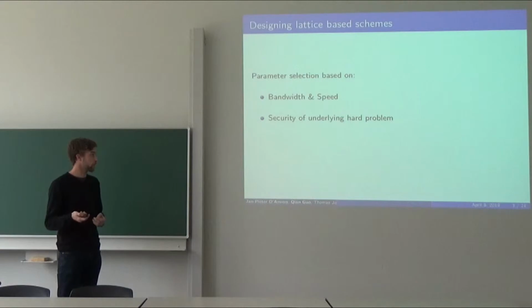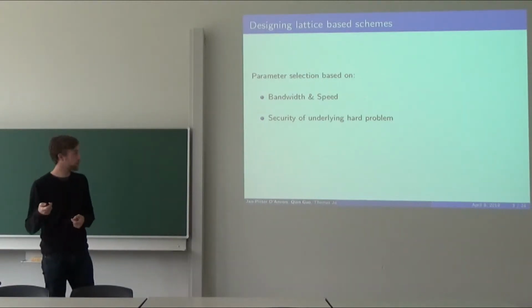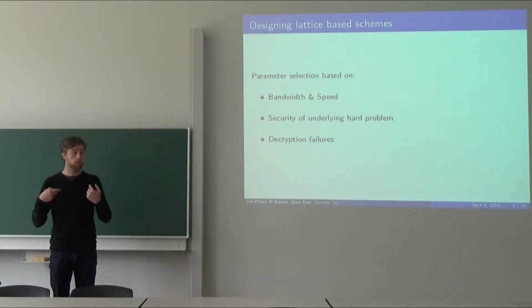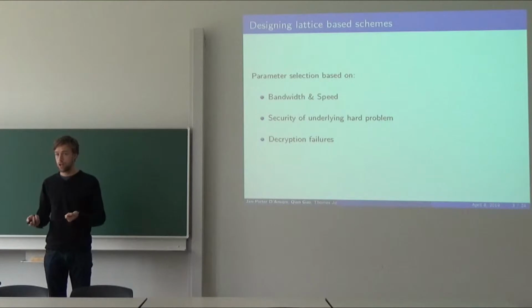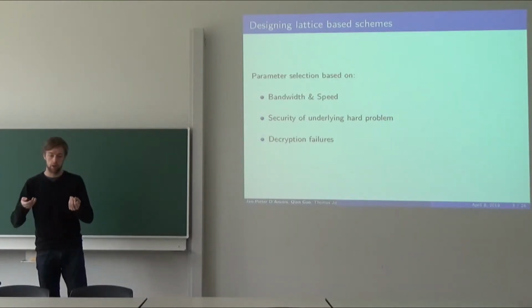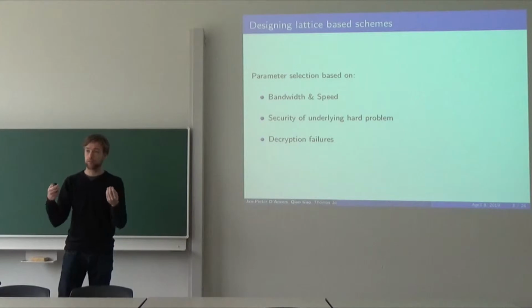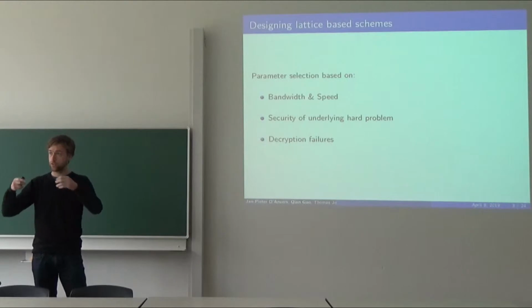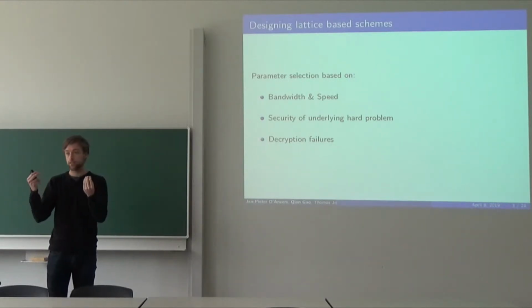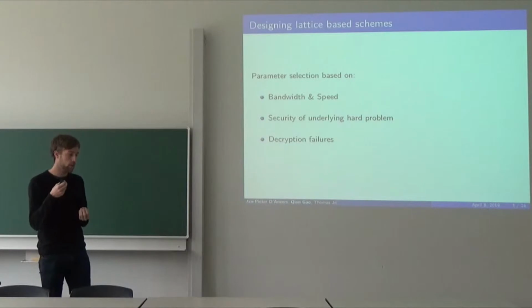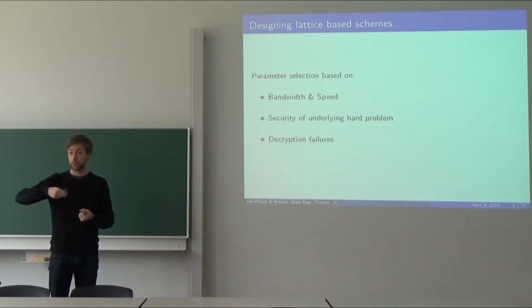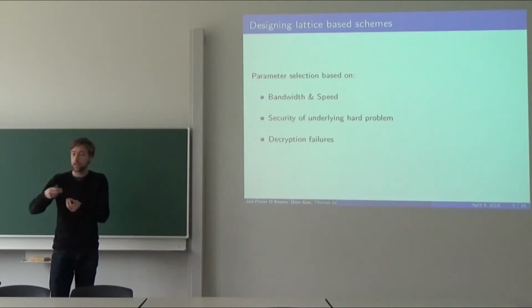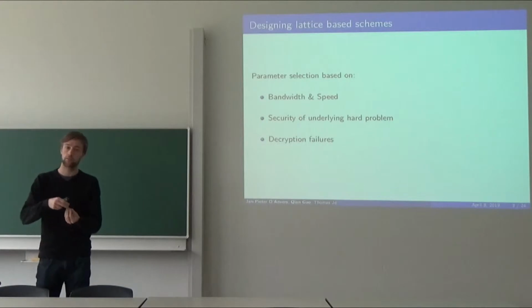Now, there was one thing that we were also dealing with: decryption failures. Some of these post-quantum schemes have a small probability of decryption failures. When a decryption failure occurs, the two parties that are communicating with each other end up with a different message or a different key. They do all these calculations, and in the end they don't get the same message out. And as these decryption failures depend on the secret, if one occurs, then you have some link between this failure and the secret, and you can derive information about the secret.